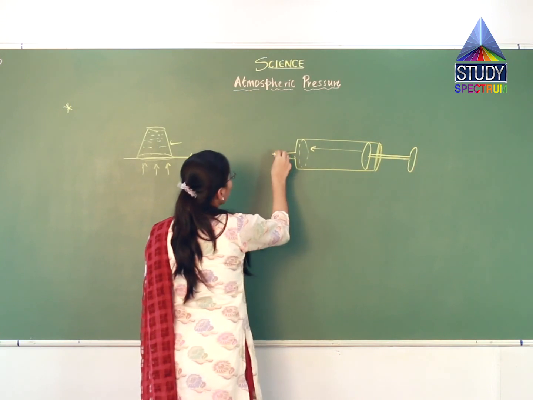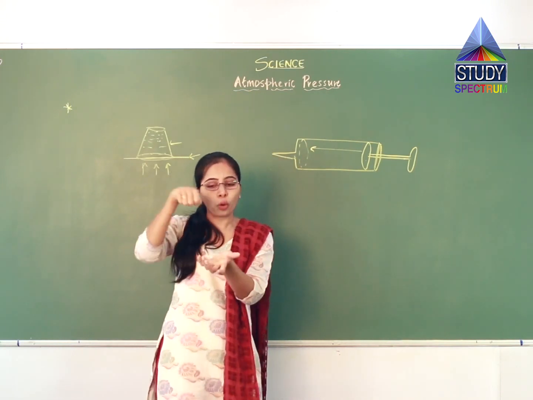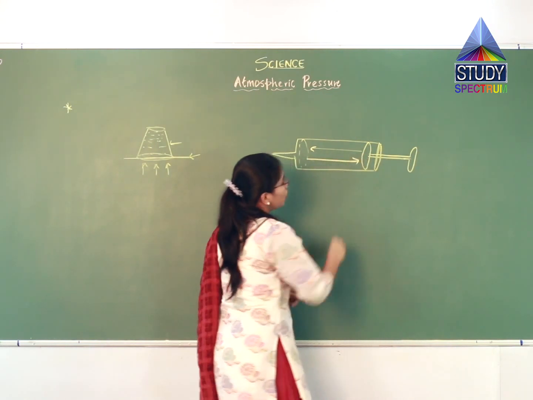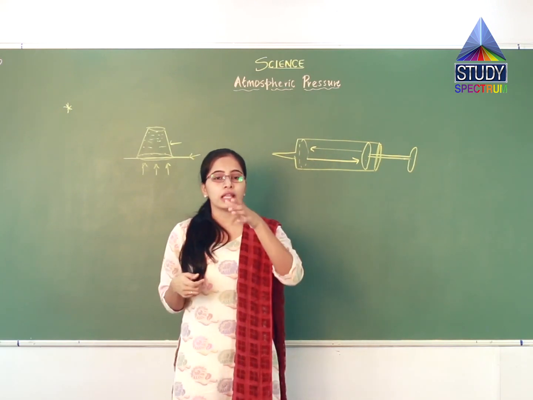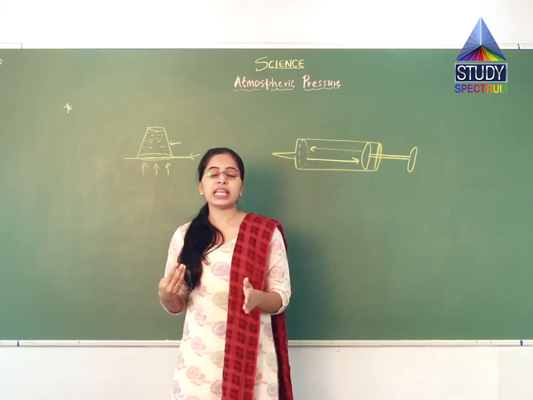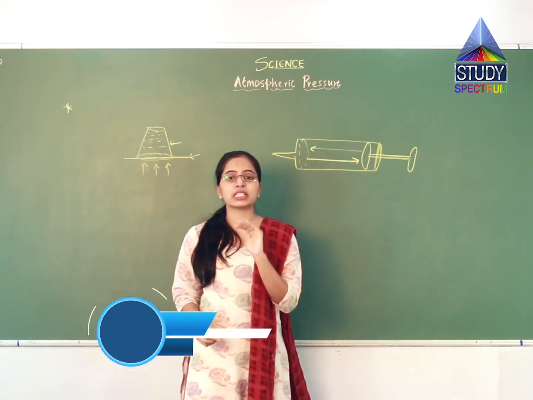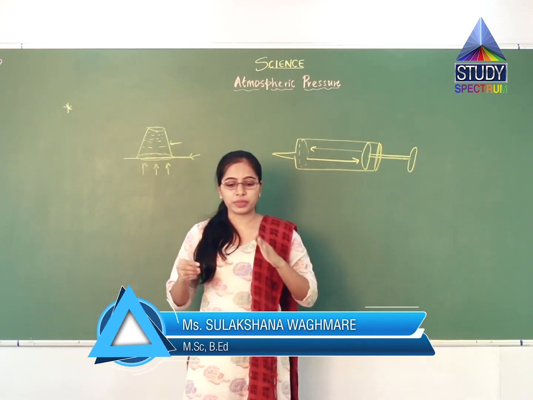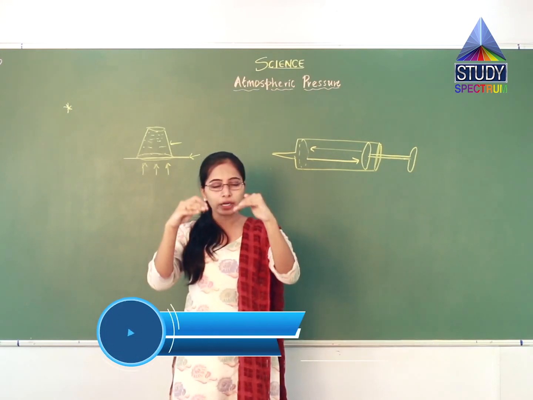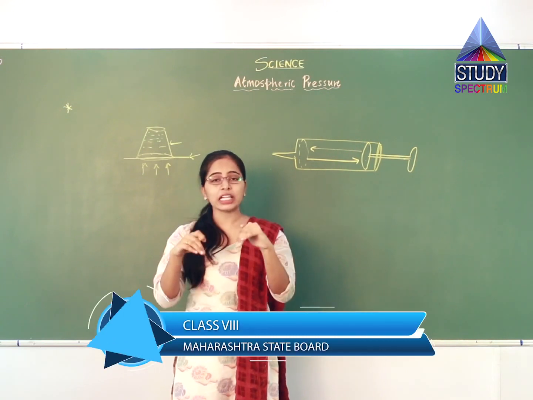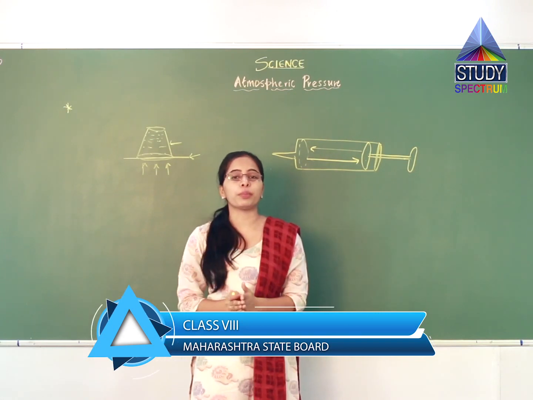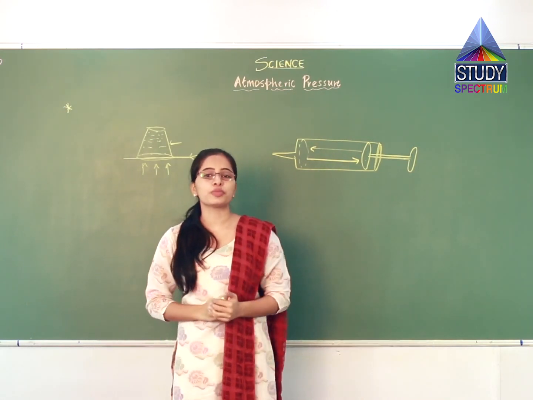Then if you hold the mouth inside the color, means inside the bucket of color, and you pull the piston, the water or color inside the bucket comes inside the spray pump. This is because of atmospheric pressure. In the bucket you have color, and on the surface of the color atmospheric pressure is acting. So that atmospheric pressure pushes the color inside the spray pump. So this is the best example of atmospheric pressure here.